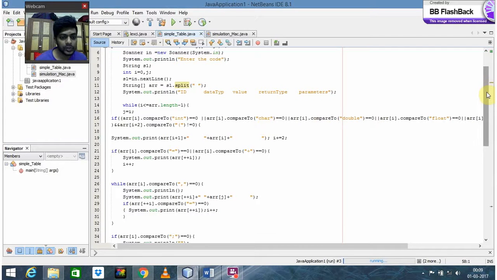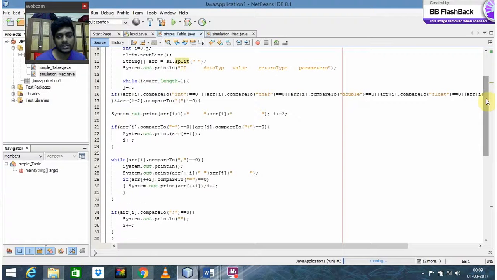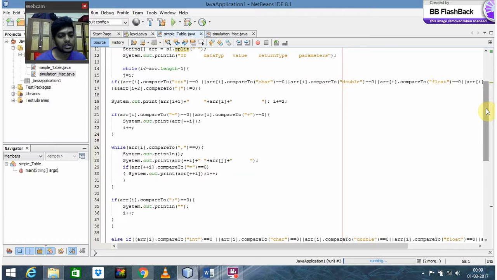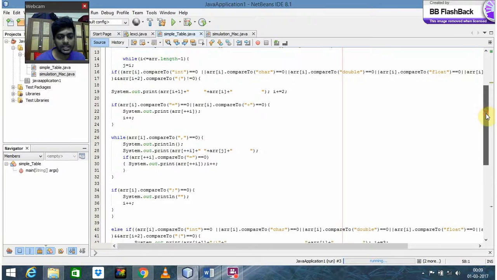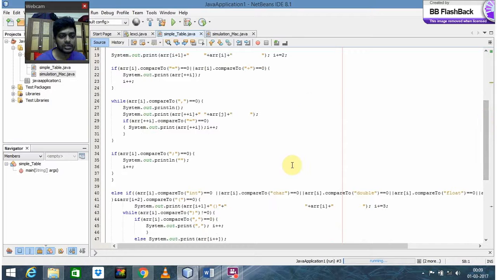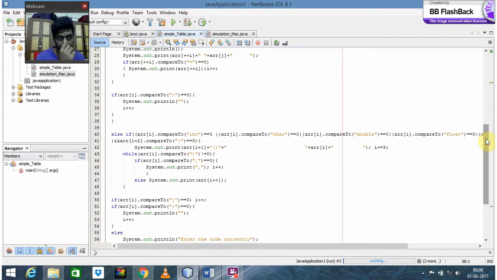So the next part we compare equal sign or addition sign. When that occurs, we'll just increment i. Same goes for commas, equal sign, and semicolon as well. So that's all the checking right here. And the last part, what we do is the same. We'll use else if. We compare again if it's